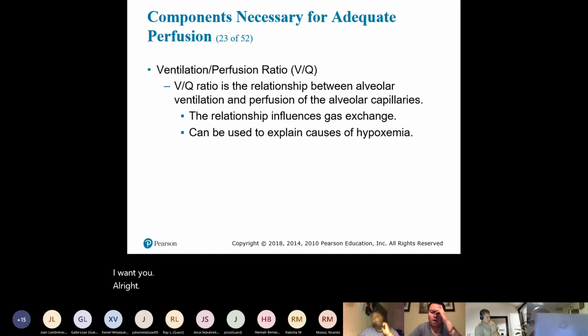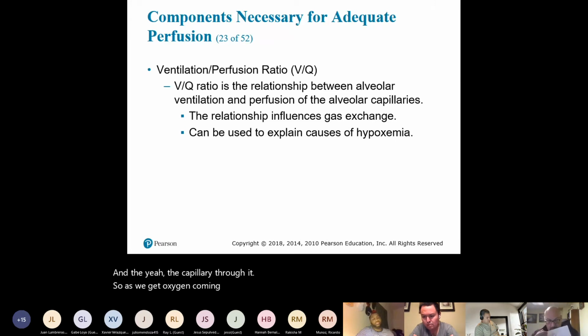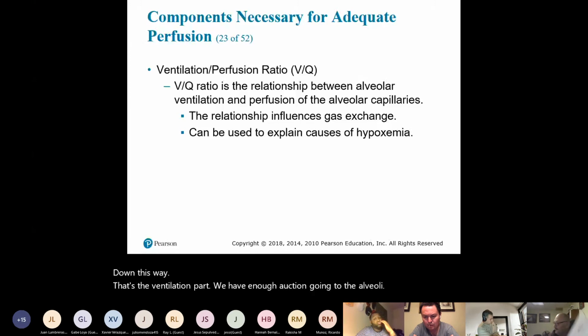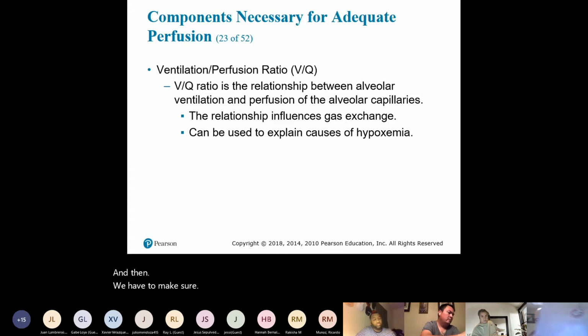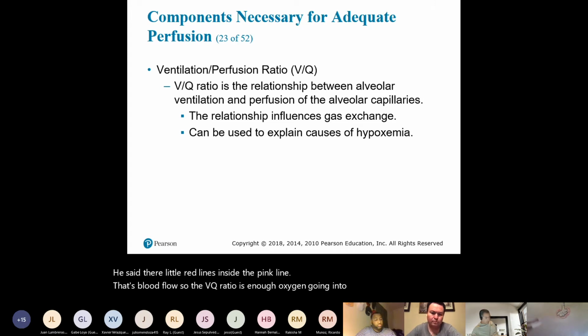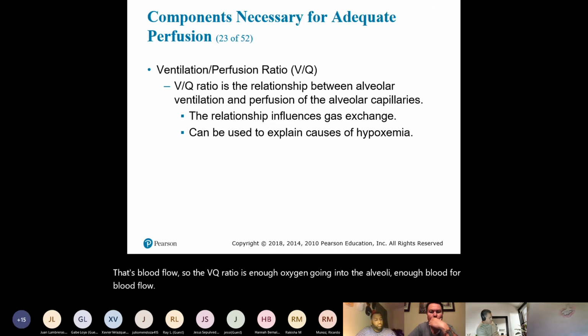All right. So here's the alveoli. And then you have the capillary through it. So as we get oxygen coming in down this way, that's the ventilation part. We have enough oxygen going to the alveoli. And then we have to make sure you see the little red lines inside the pink line? That's blood flow. So the VQ ratio is enough oxygen going into the alveoli, enough blood flow going through that capillary,